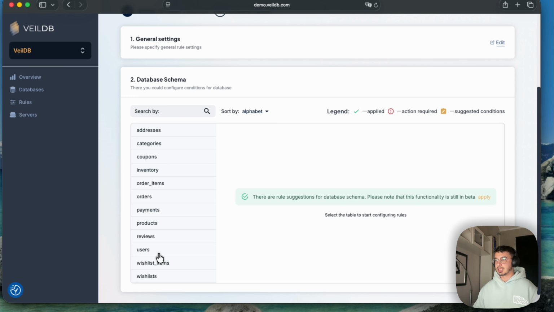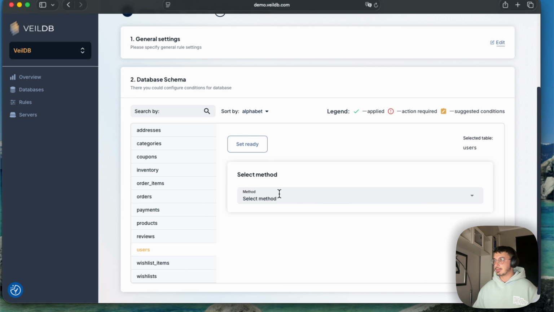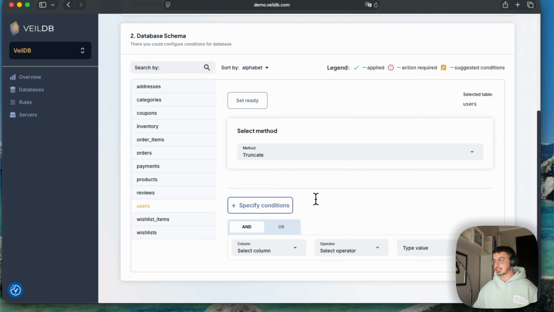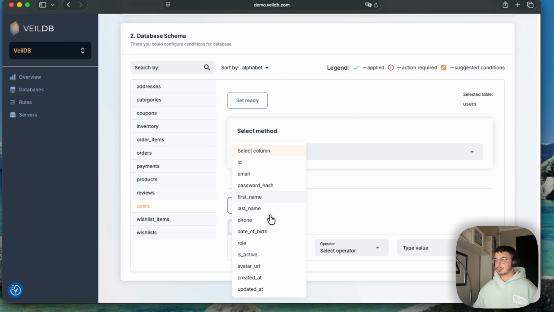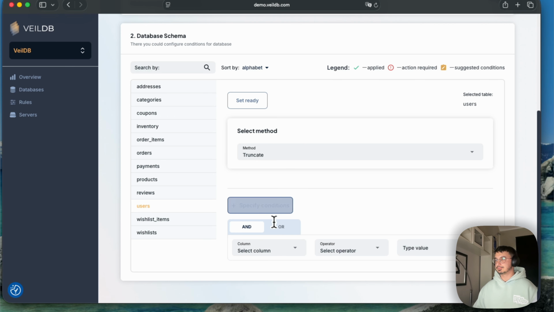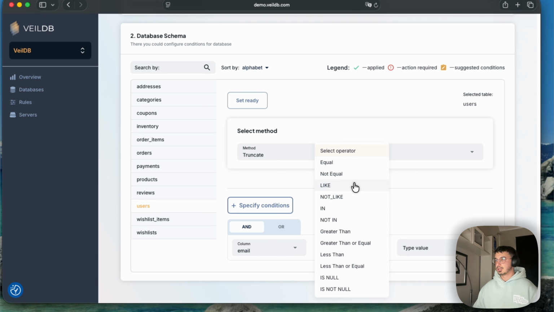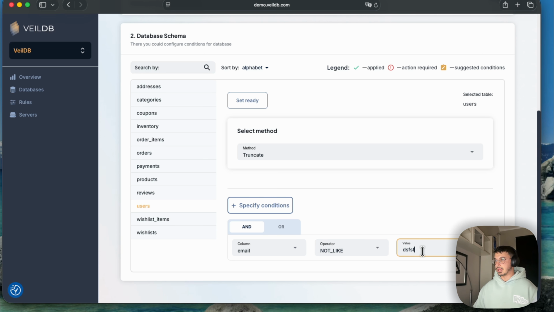For example, let's go to the users table. We can select truncate, for example, and specify conditions like column. For example, I could say truncate everything except if email is not like some email. Or